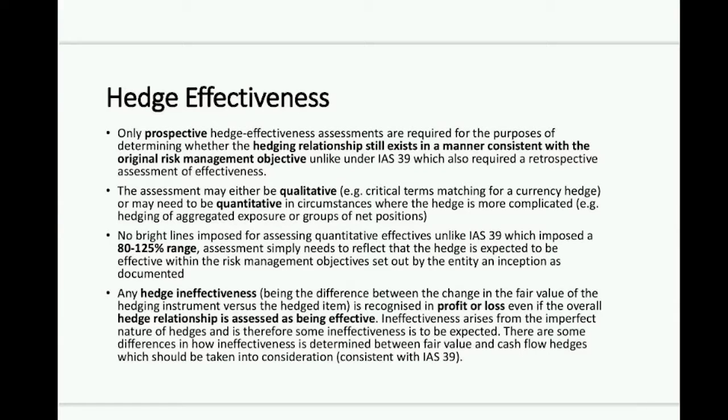So with that having been said, if we then turn to the third bullet on that slide, under IAS 39, if you are applying a quantitative test, the standard set out a boundary within which effectiveness needed to come out in order for the assessment to be positive for effectiveness. That boundary was the 80% to 125% range. So if you didn't get hedge effectiveness that came out in that range, it was automatically concluded that it was not an effective hedging relationship, and therefore you could not apply hedge accounting at all.